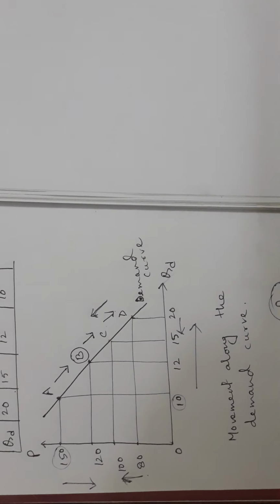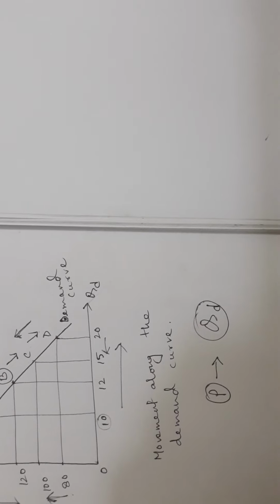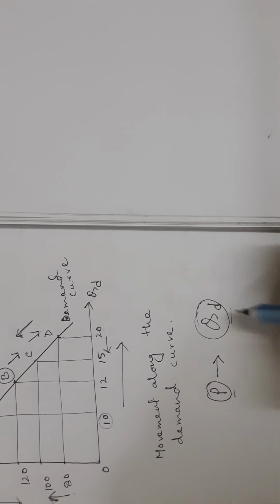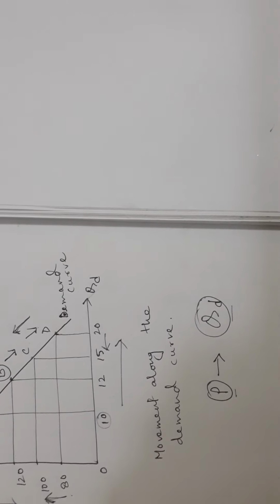It's very simple. So far we have seen that price has a relationship with quantity demanded or demand. Okay, so price is a factor that is related to demand. Is it the only factor? The answer is no, because there are many other factors which are related to the quantity demanded or demand. So we are going to see